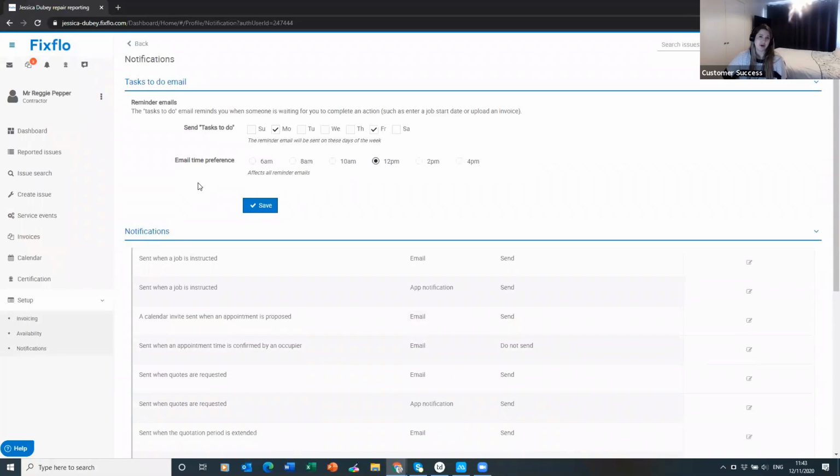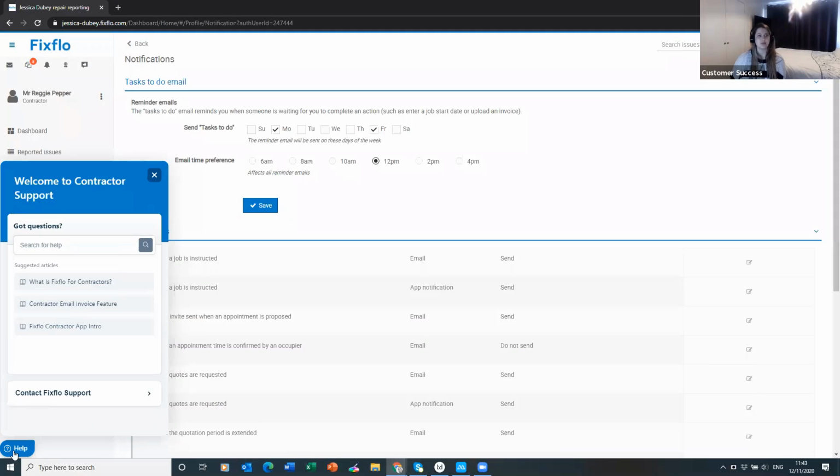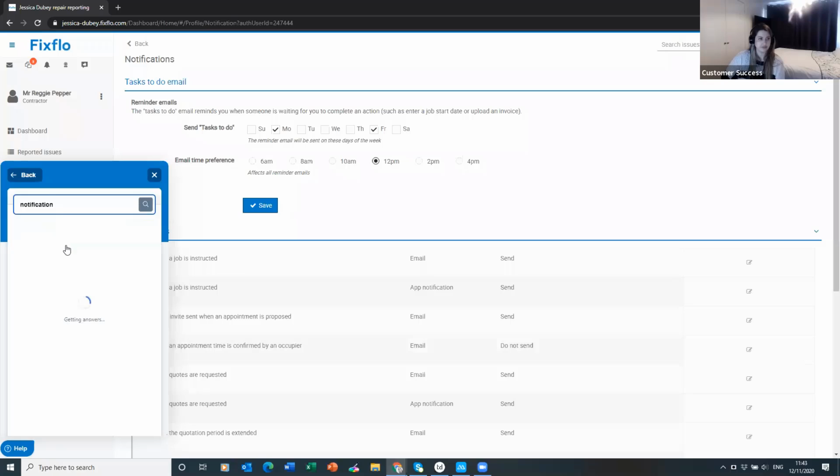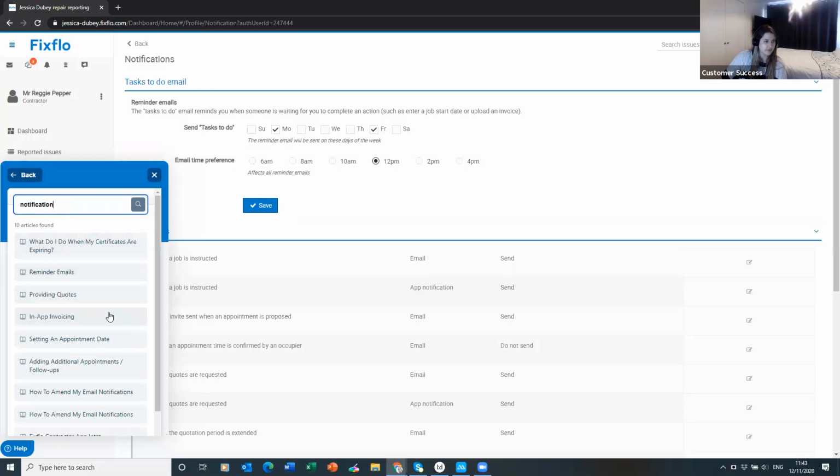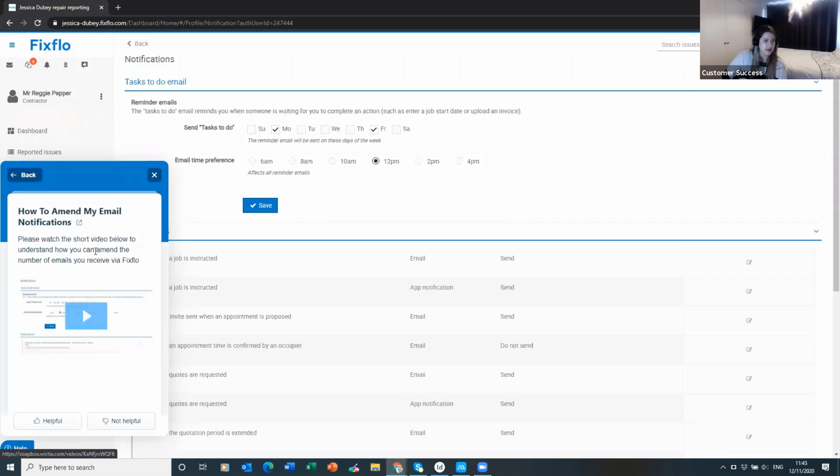Guys, the contractor help site. As well as that appearing as a link in the welcome email to contractors, contractors can also click, similar to you, on help, which sits here on the bottom left-hand corner of their site. By clicking on help, you will see it will take them through to the contractor support, where they can search for help, find articles, and also contact Fixflo support. Just to let you know, if they do search for something, for example, they can then open that up in large,